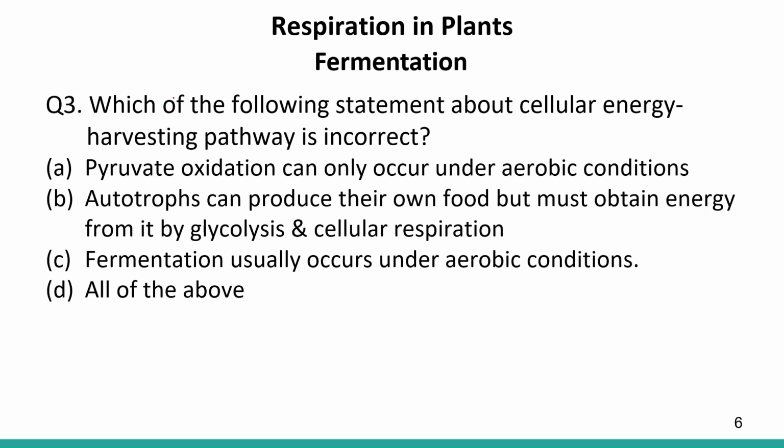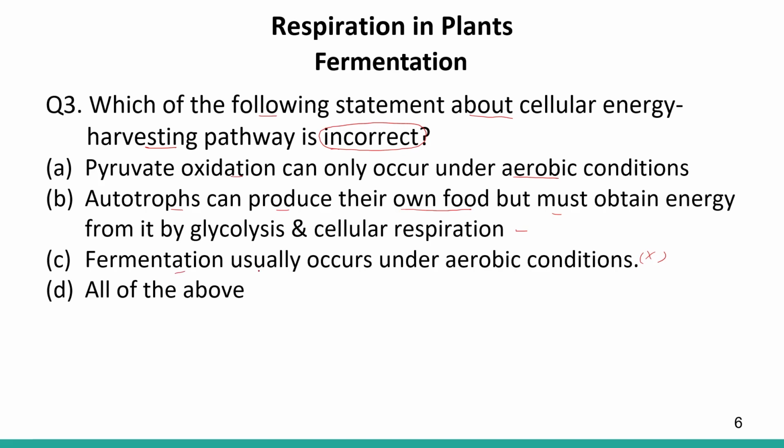Now coming to the next question. Here they are asking which of the following statements about cellular energy harvesting pathways is incorrect. You have to identify the incorrect one. First one is pyruvate oxidation can only occur under aerobic conditions, they are saying. Second is autotrophs can produce their own food, but must obtain energy from it by glycolysis and cellular respiration. This is true. Fermentation usually occurs during aerobic conditions. This is not true,